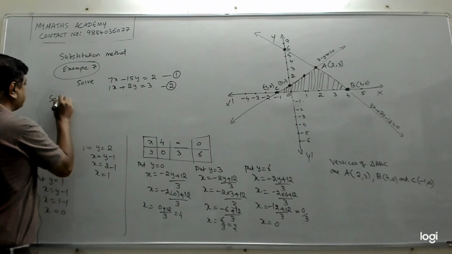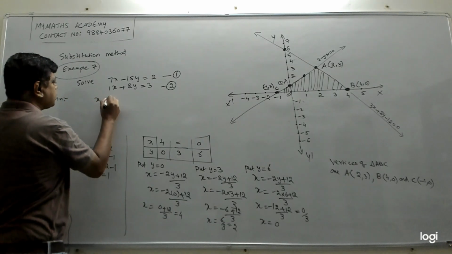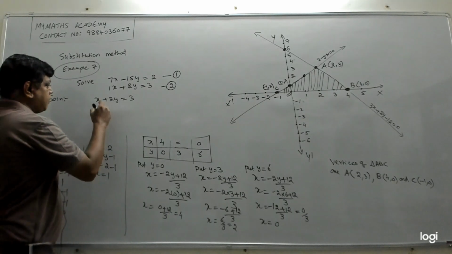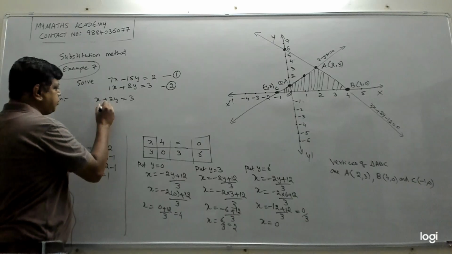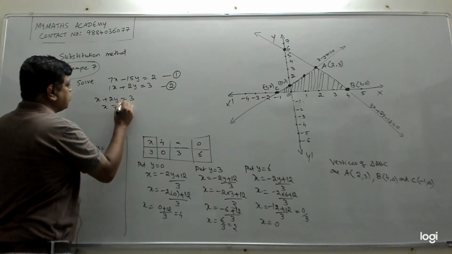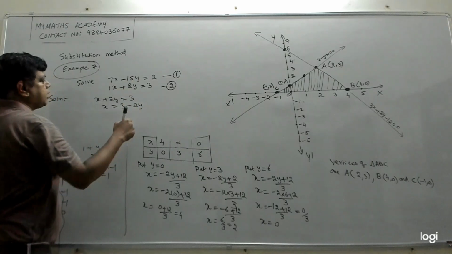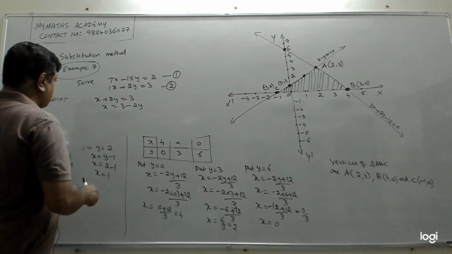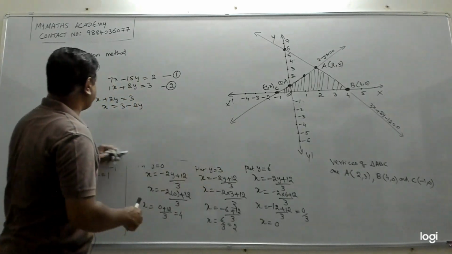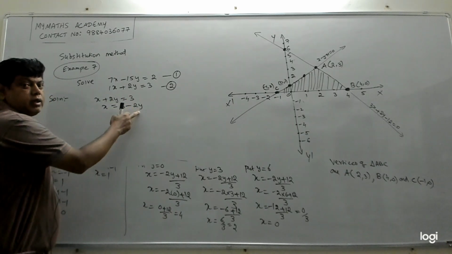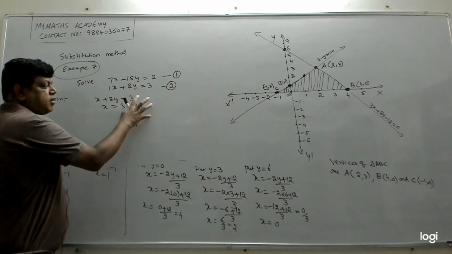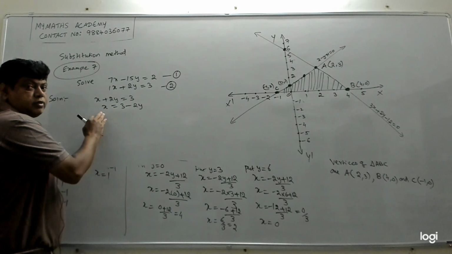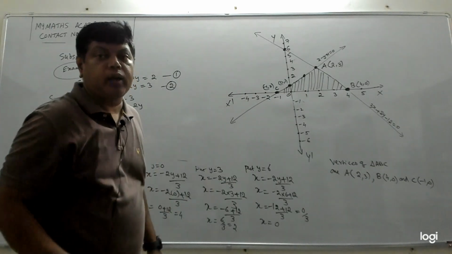So the solution is, I'm going to write equation 2, which is x plus 2y is equal to 3. From this equation, whichever variable has coefficient 1, keep that variable here and move the other term to the other side. That is, x is equal to 3 minus 2y. So 2y goes there and becomes minus 2y. Fine. Now we have written one variable x in terms of another variable. When you write x is equal to something, and on the other side you have only y and numbers, it means we have written x in terms of y.